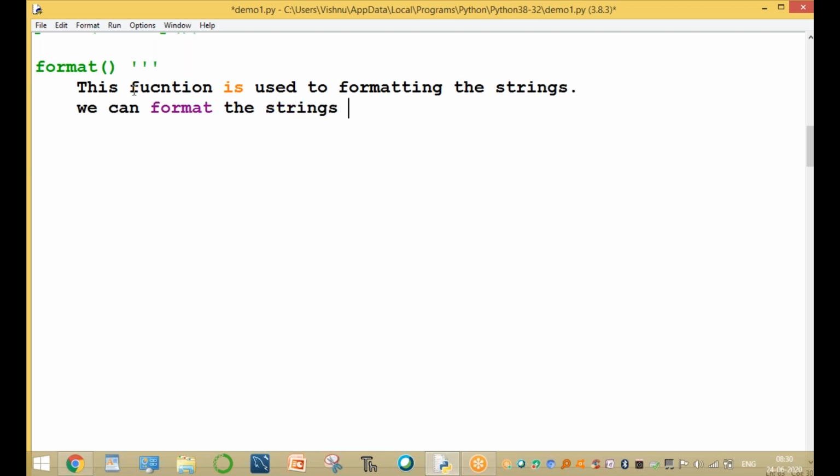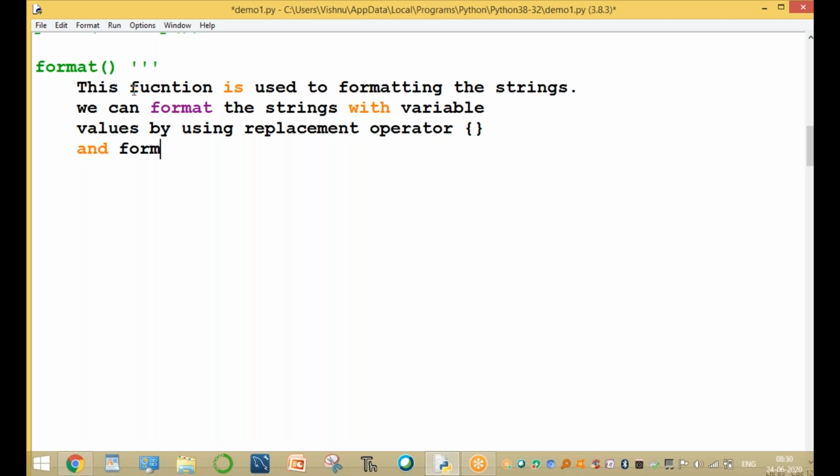We can format the strings with variable values by using the replacement operator. That is the empty curly braces, and the format method or format function.